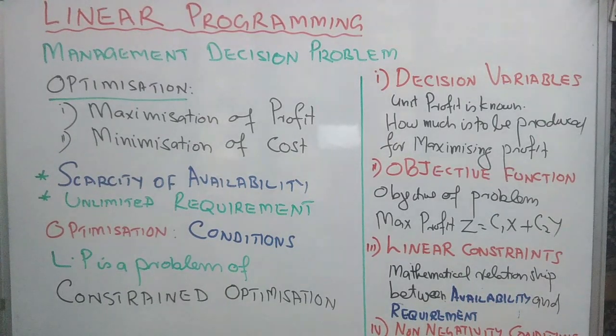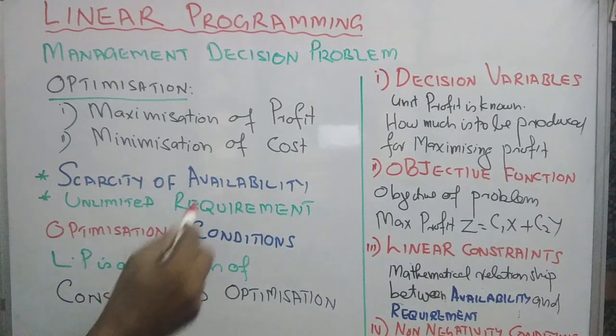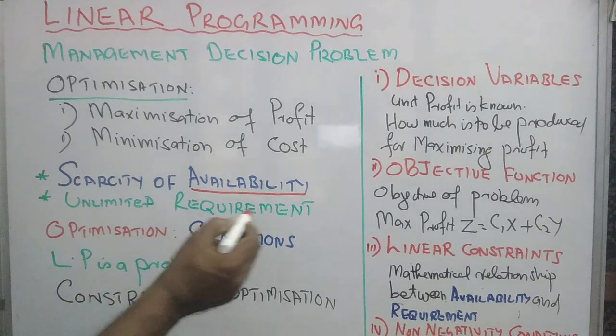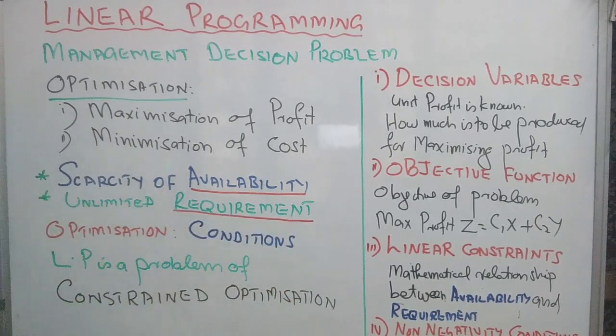As we know, in economics, in management studies, we need two factors. What are they? One is availability of raw materials. So one factor is availability. Availability is always restricted. Scarcity of availability. If there is no scarcity, then there is no management studies. There is no economics. There is no commerce. So availability is always restricted. That is the term scarcity. Then what about requirement? The requirements are unlimited. The availability is restricted and requirements are unlimited.